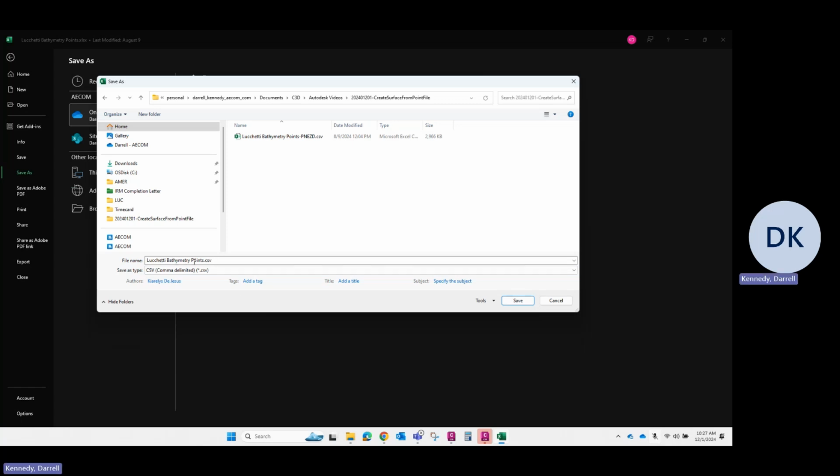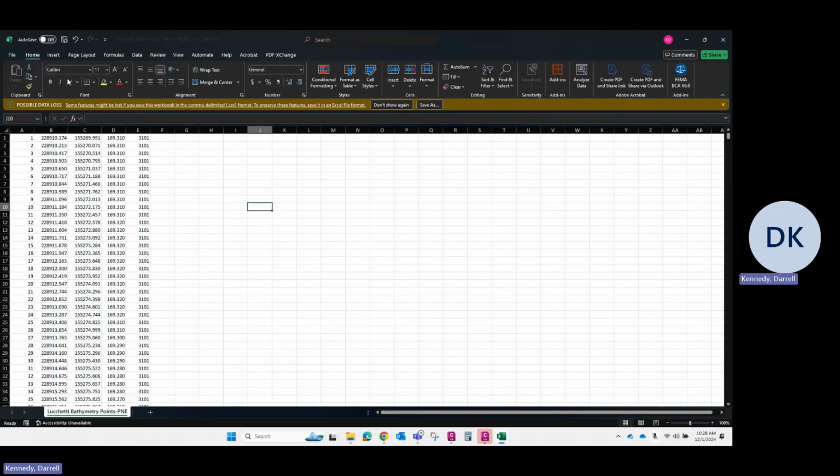Okay, Luchetti bathymetric points, CSV, comma delimited. And then you change, what I like to do so I know, is the point number first or what is it? Northing is first. So I just say P, N, E, D, and this will be useful for you later. It happens that I already have one, so I'm going to replace that. Okay, now we can